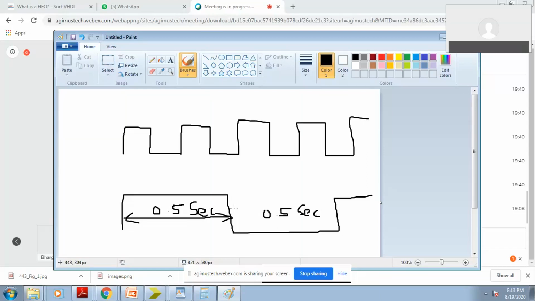Then I can say that it's a 1 hertz clock. Is it okay? Are you agree with me? So when I'm generating a clock with 0.5 second on, 0.5 second off, that is nothing but my 1 hertz clock.